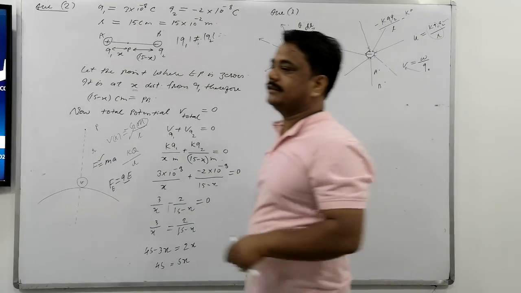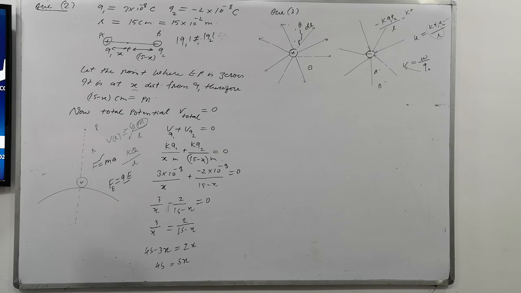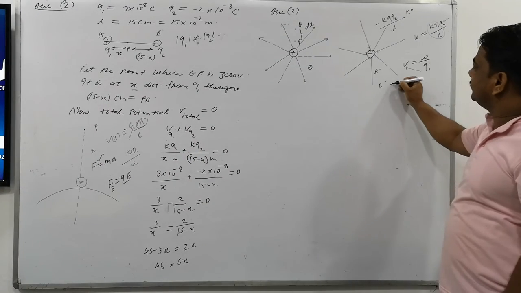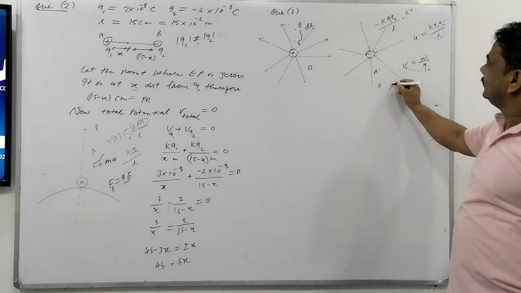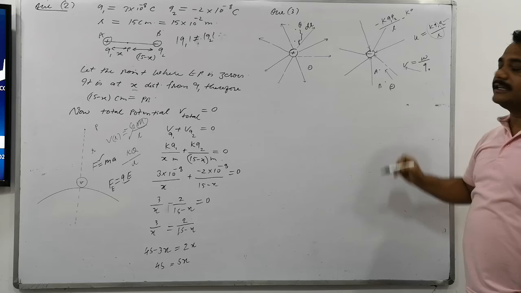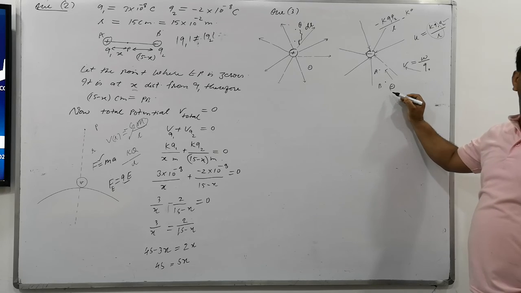Now next question, what is it saying? Does the kinetic energy of a small negative charge increase or decrease going from B to A? There is a negative charge. Listen guys, negative charge. Clear? It's going from B to A. Its kinetic energy will increase or decrease? Obviously at B it will be faster than at A, right?